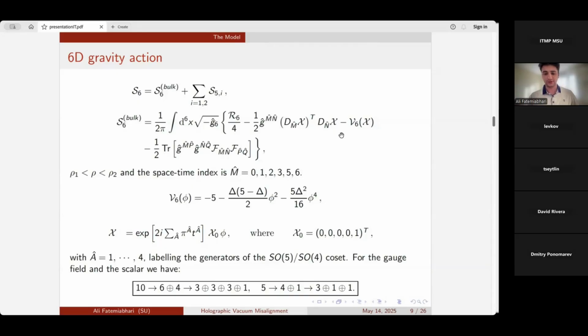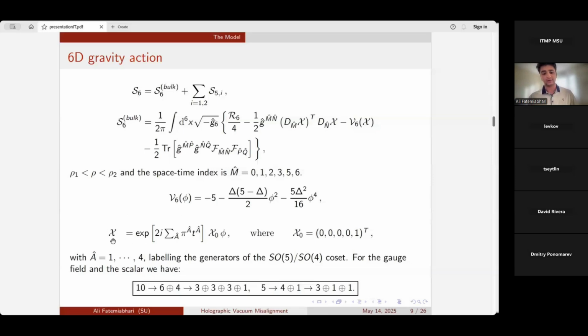The potential is chosen in such a way that it respects the SO5, and it only depends on the modulus of the scalar field here. And there is a free parameter delta in the potential, which, because our model is bottom-up, doesn't come from first principle supergravity. It is freely chosen, and one can have background solutions which give a non-trivial profile to the scalar phi. Hence, the SO5 symmetry can be spontaneously broken to SO4.